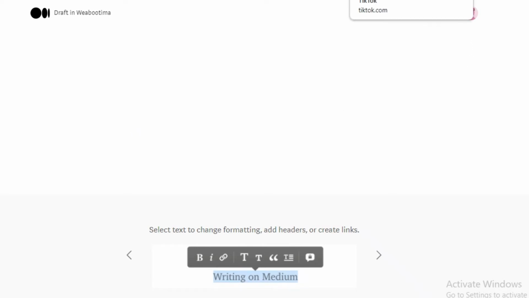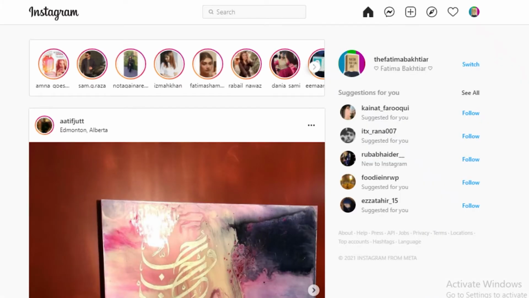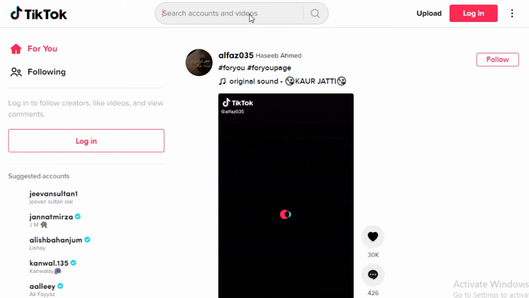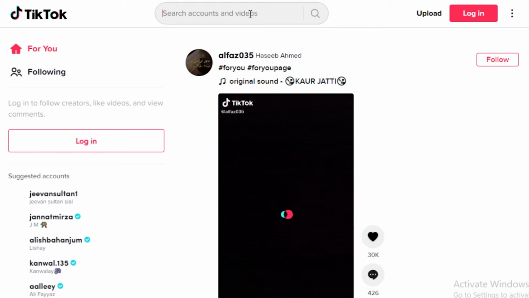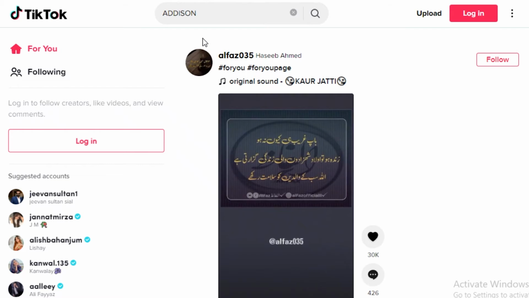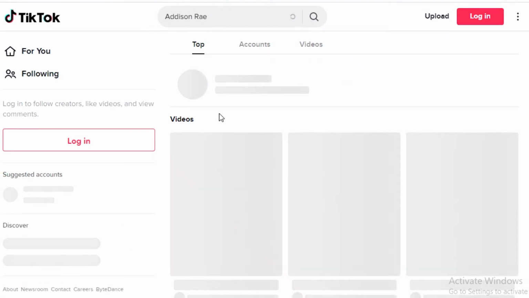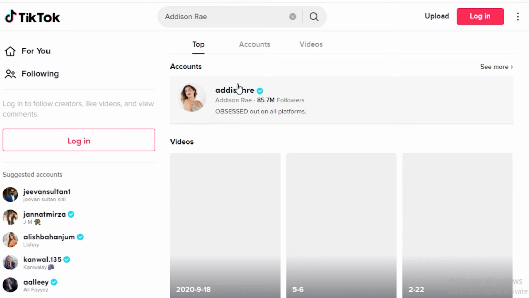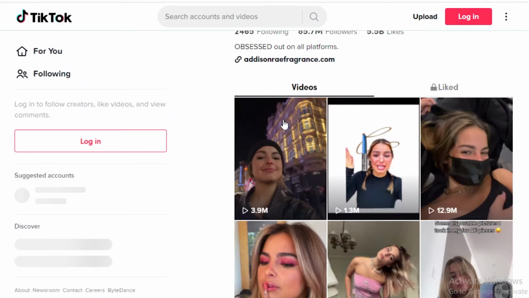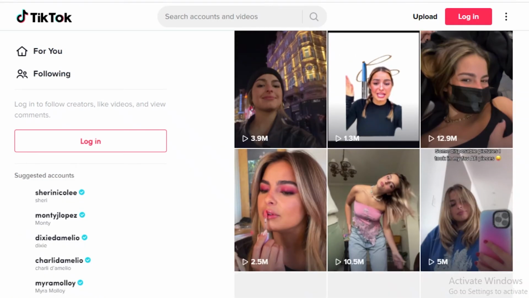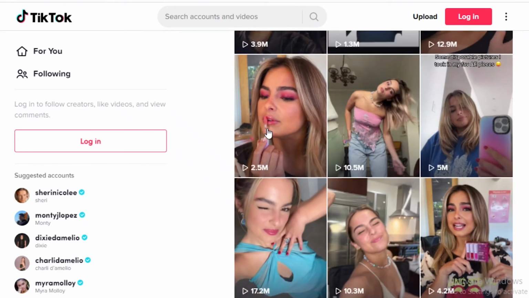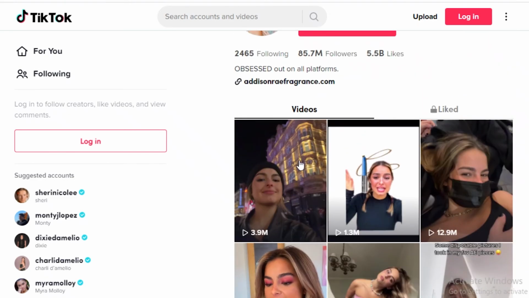Now, the last thing that you can do is start promoting on TikTok and Instagram. Now, both of these are very powerful platforms. TikTok is one of the largest platforms out there. So what you can do is take whatever are the trending influencers and whatever kind of dances they are doing, or whatever kind of TikToks that they are creating, you're going to use the same sound system. So go on to Addison Rae or Charlie D'Amelio, any kind of popular influencer on TikTok. You're going to go and just check out the content that they're creating, the voices or the actual soundtracks that they're using. You can use that and hop on the trends, because whatever they are doing is probably going to start trending. So you can just hop onto their profiles, use the sounds they're using, create a TikTok where, okay,